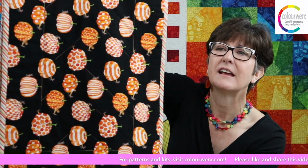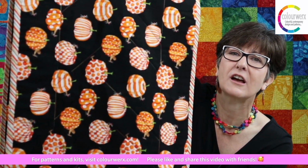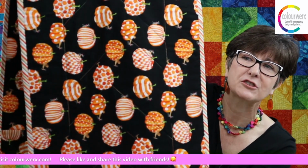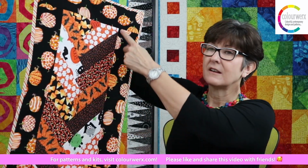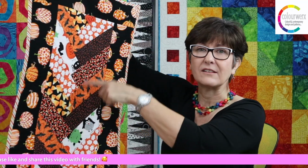Oh no, I stitched in the ditch, and I don't know if you can see it, but I actually stitched in the ditch of the braids. I don't know if that shows up on the black there, but I didn't do anything fancy for quilting. I'm not a very good free motion machine quilter. So I just stitched in the ditch with a monofilament thread, and then stitched in the ditch along the braids there. So that is something super easy as a gift that would be great, and it's a great use of